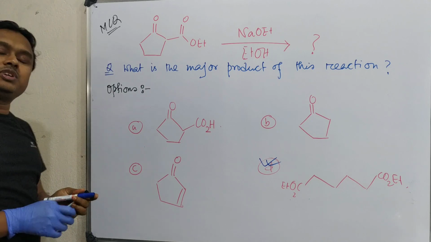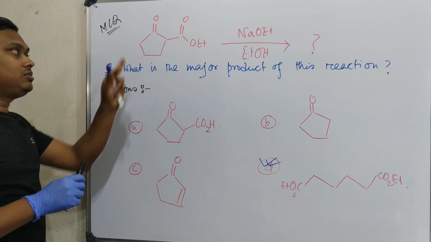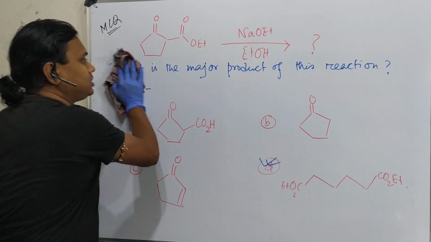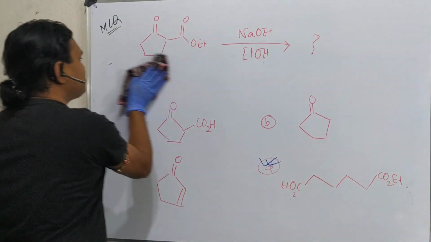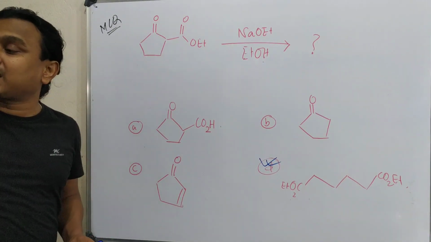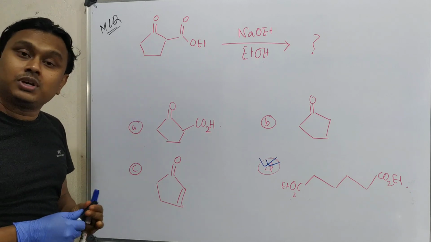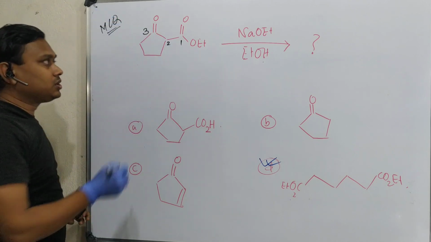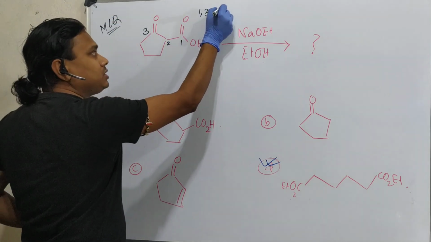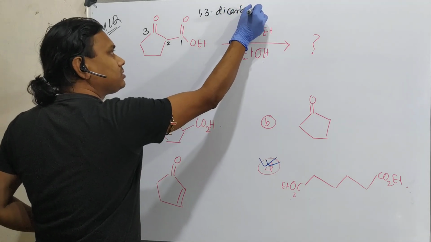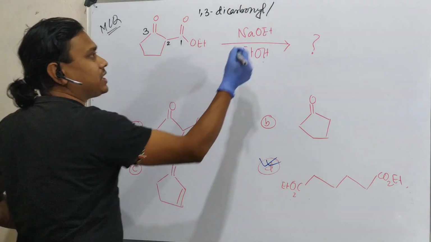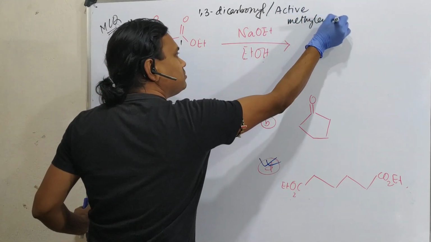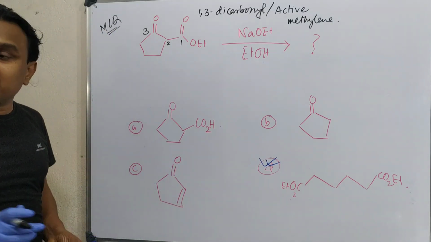But before going to details, let me give you a very few ideas about this molecule. Please look at this molecule a little carefully. Can you remember anything? Is it quite familiar, does it belong to a kind of group? Yes, it is 1,3-dicarbonyl compounds. Another name it has is active methylene compound.